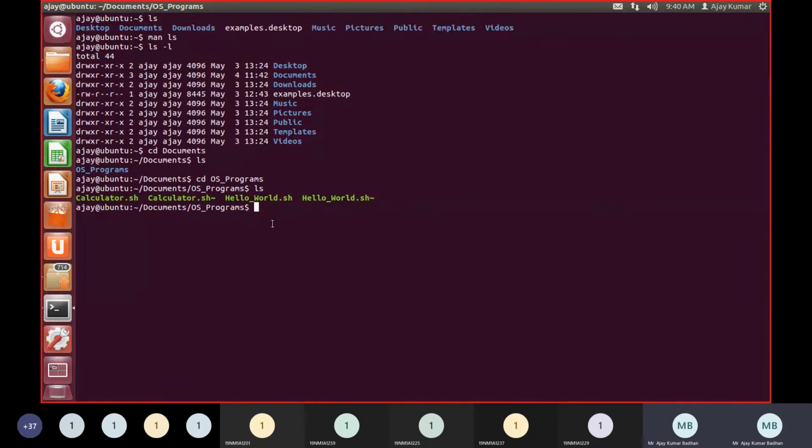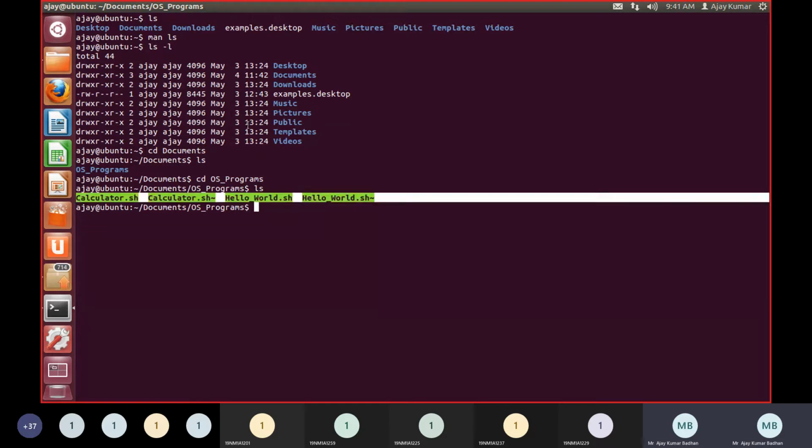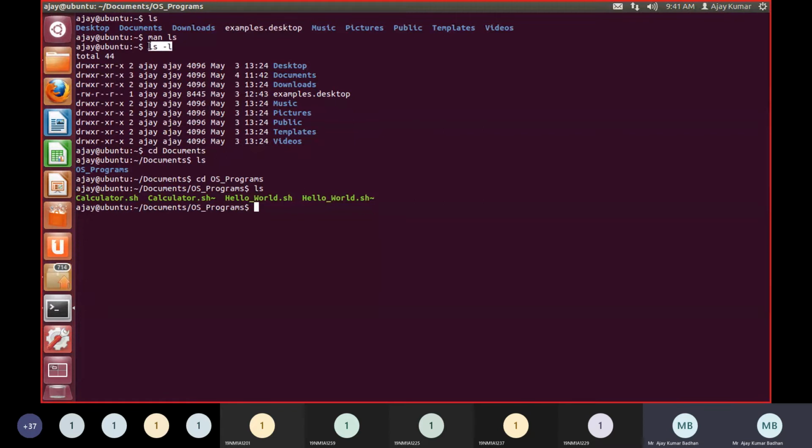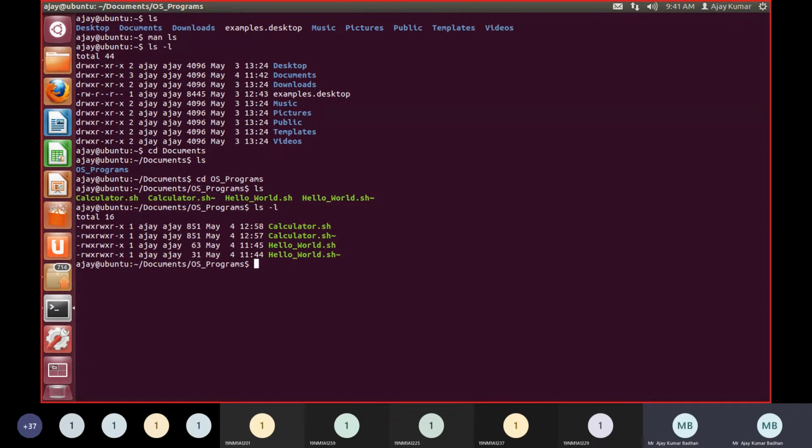ls. Now if I want to get the list, in the list I have got this normal, general consolidated one. I want it in detail. So what is the command we need to use here? ls space minus l. So let me use it. ls space minus l. Yeah, you can see here.